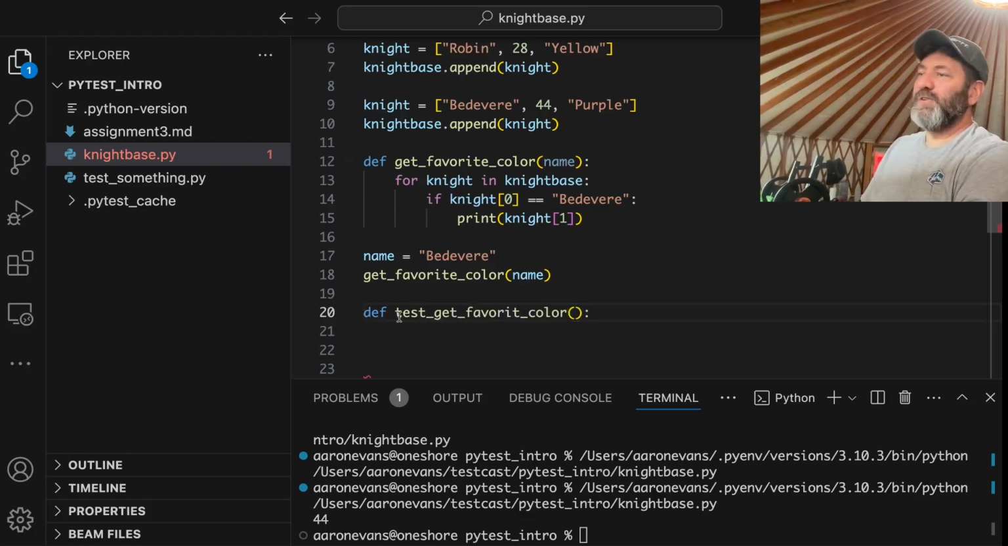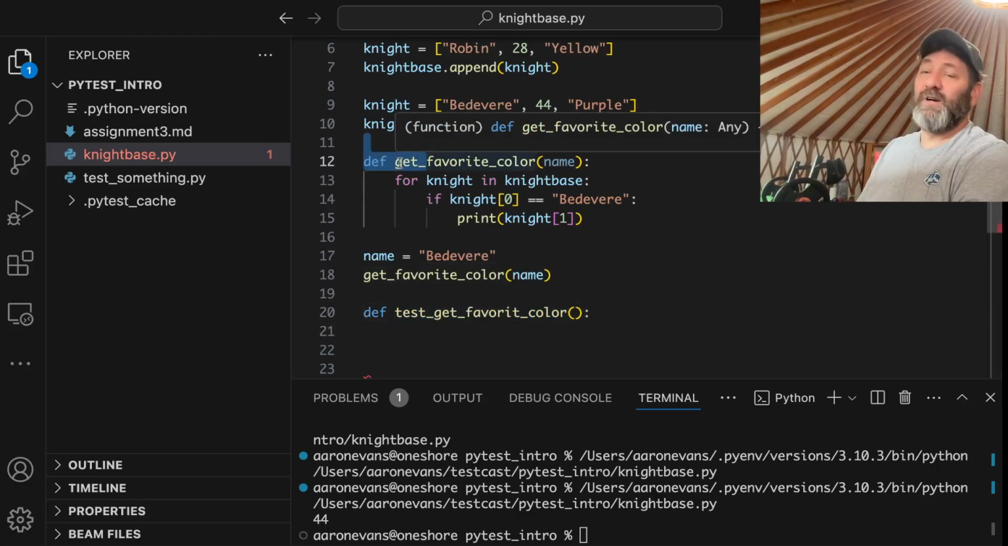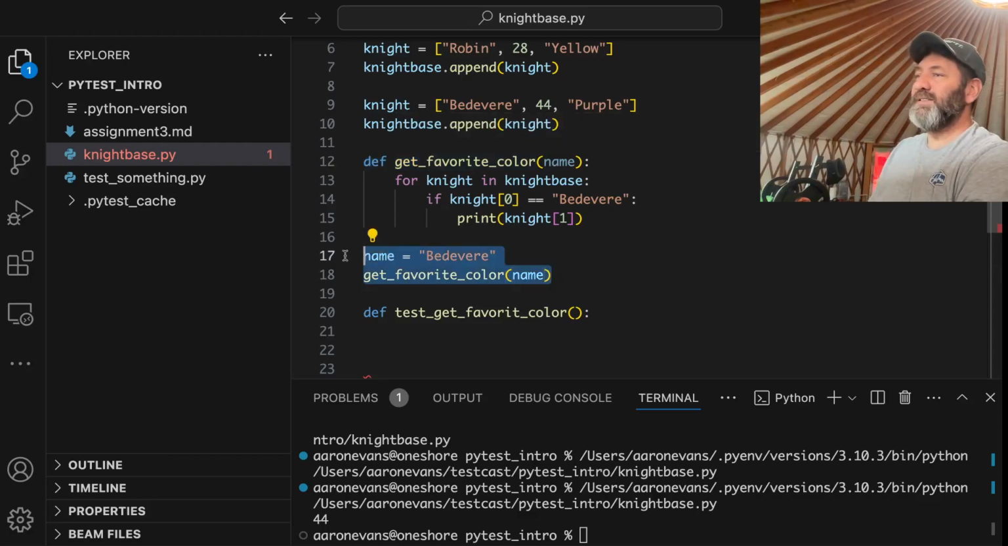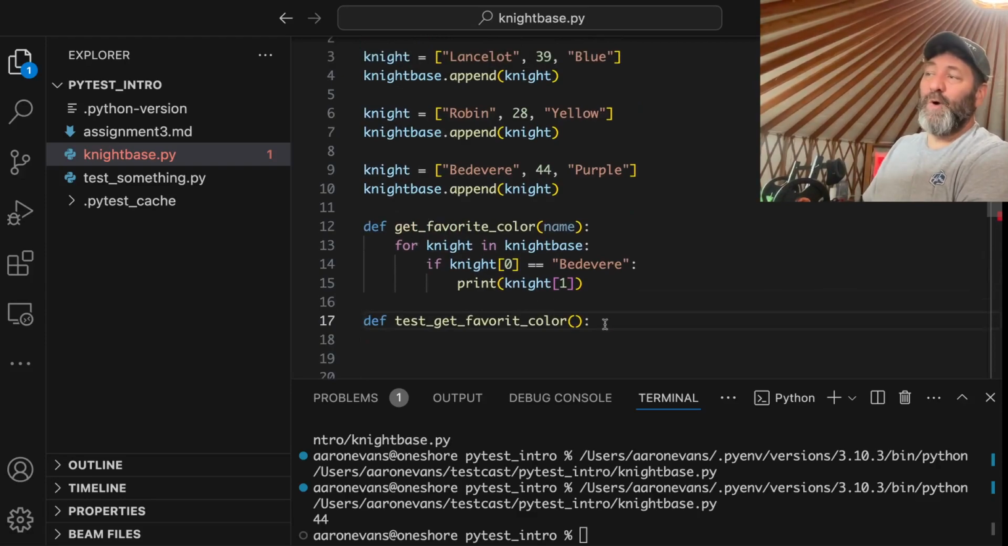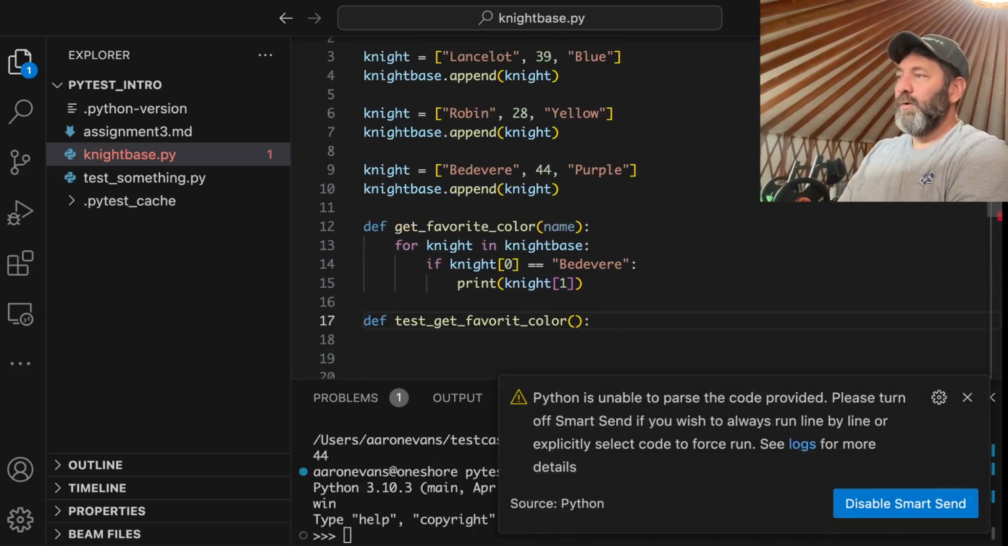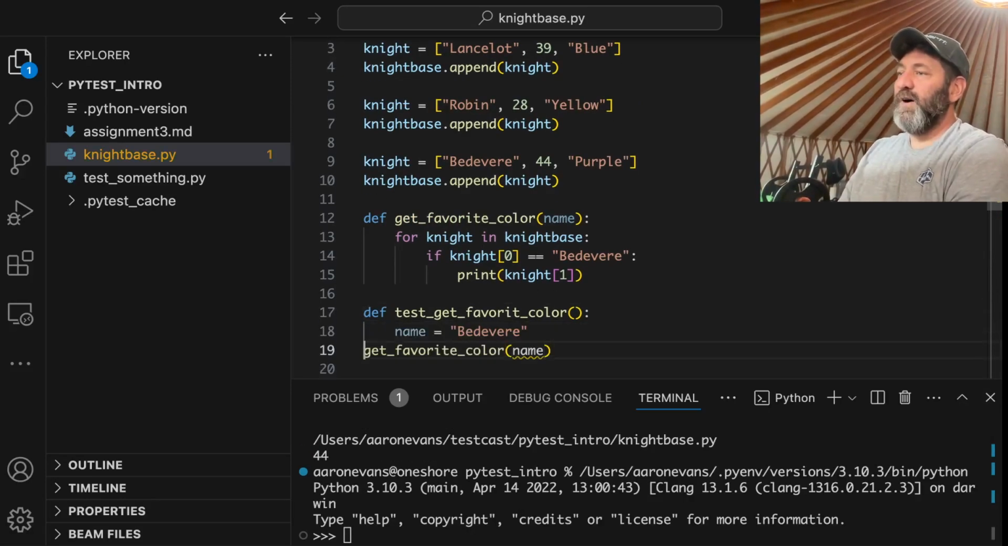So we define a function. It starts with test. We can call it whatever we want, but since we're testing the get favorite color function, it totally makes sense to do that. We take this stuff that we were calling directly in our Python code. We're going to call it in this function,